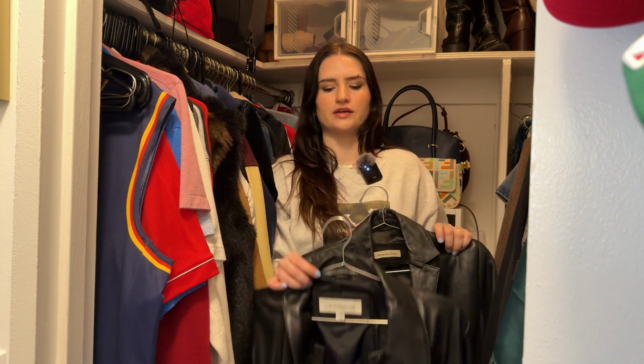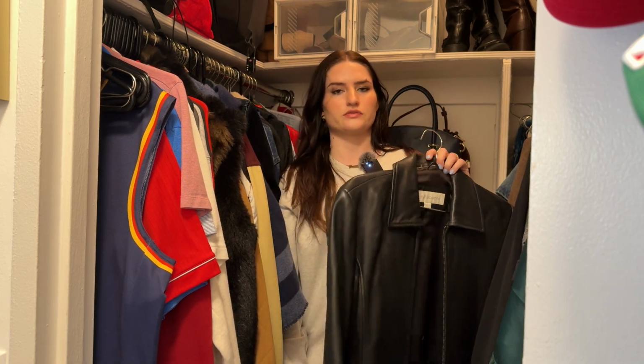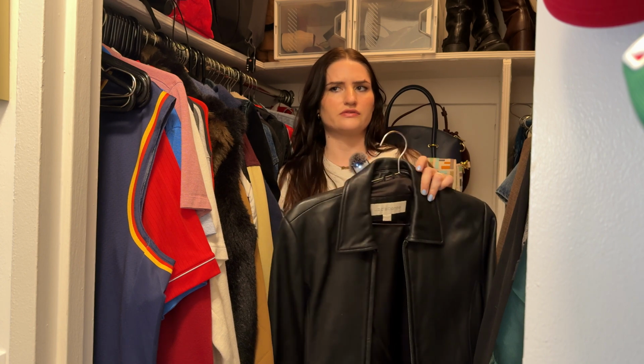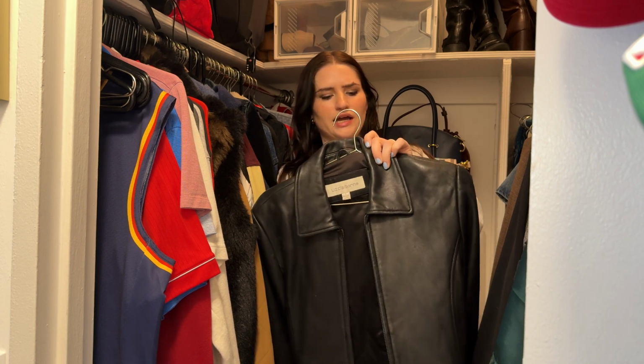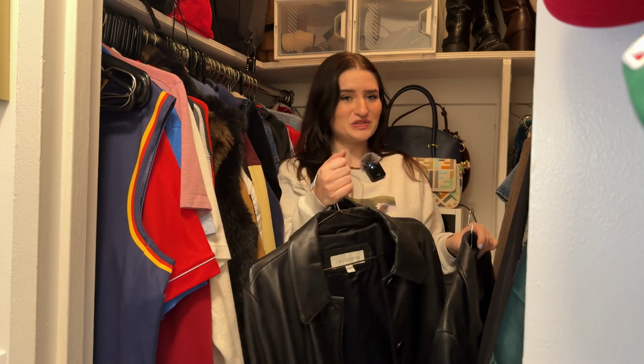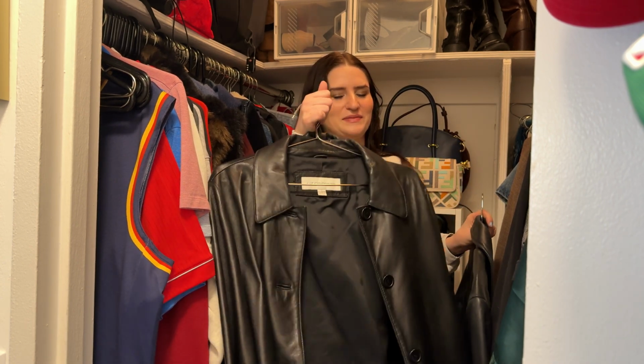more fitted leather jacket. And then I think my sister was getting rid of this one, and so she gave it to me to see if I wanted it or was going to resell it. And I had it listed for a while. I was going to resell it, but then I recently tried it on, and I actually like it. I feel like it's the perfect in between to these two. And so I'm thinking I'm just going to keep this one, and then I'm going to say goodbye to these,